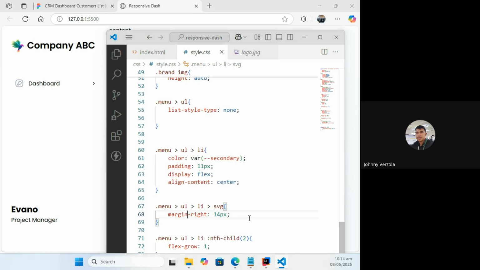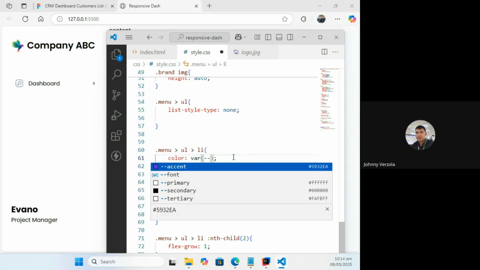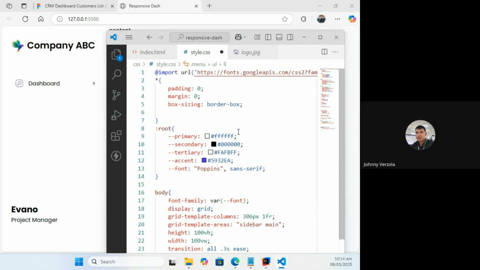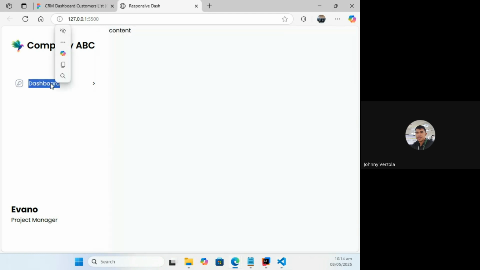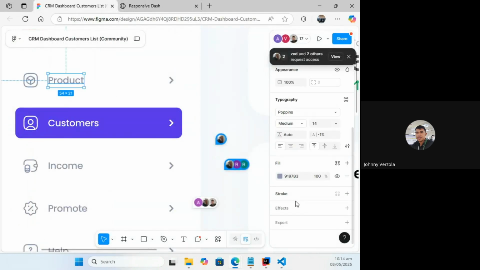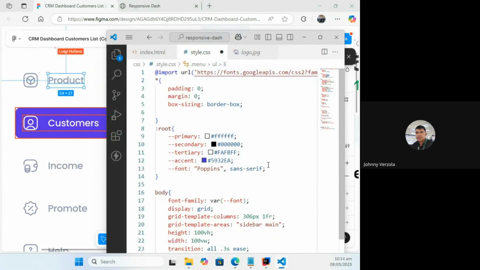Now we just have to change the color. The color should not be secondary, but it should be the menu text color. Let me just add the menu text color in there. The menu text color is 9197B3. Okay, let me add it here.